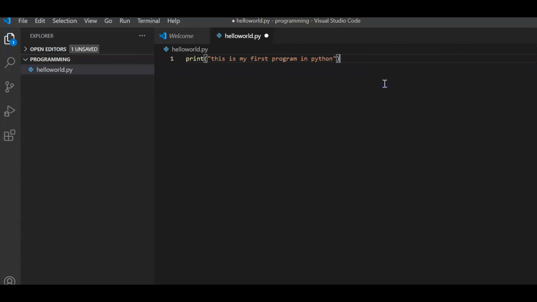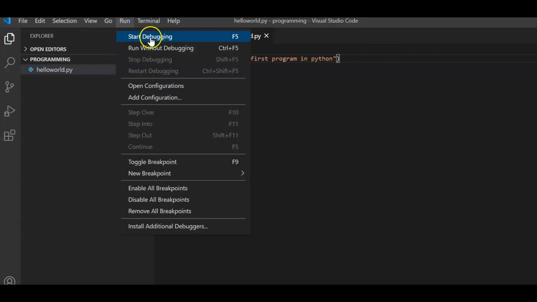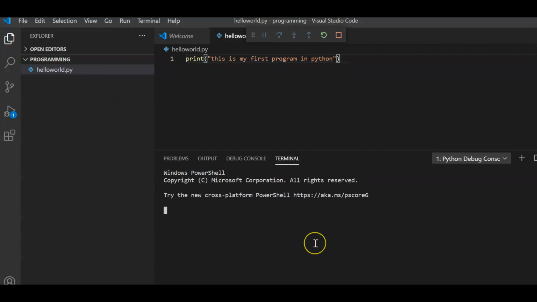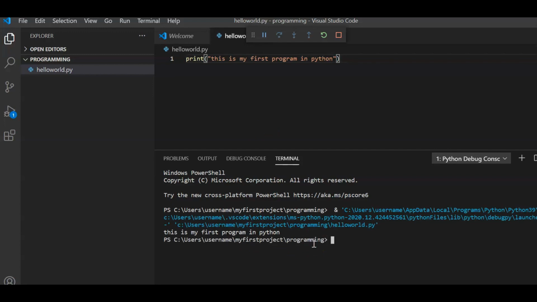Alright, and we can run this. If you click on this run menu, we can use Control F5 or run without debugging. As you can see, this successfully got executed, and in the console we could see this is my first program in Python.